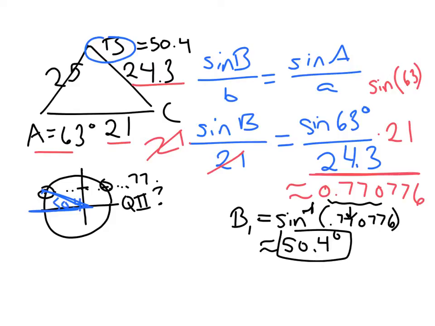So if we measure the quadrant 2 solution around this way, that angle would be 180 for the whole upper half of that circle, minus that piece where we wrote the reference angle. And so that gives you